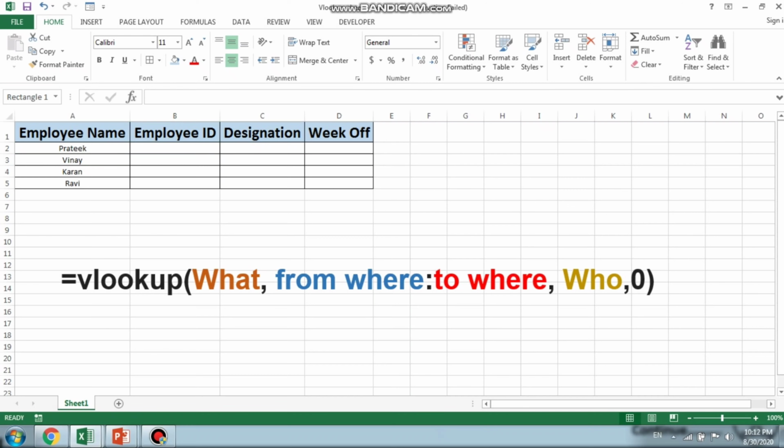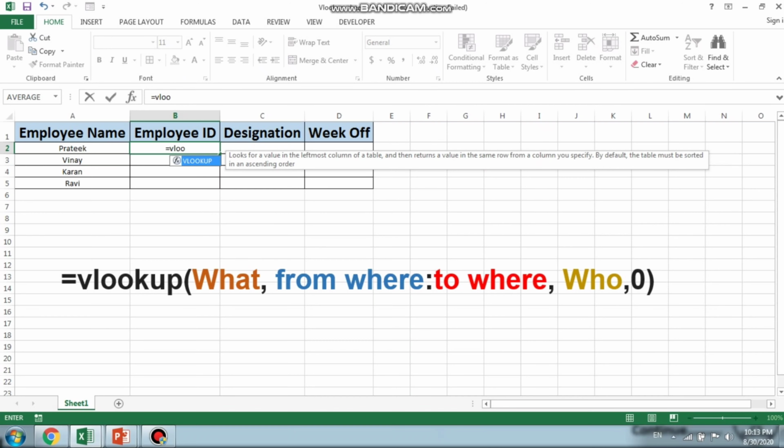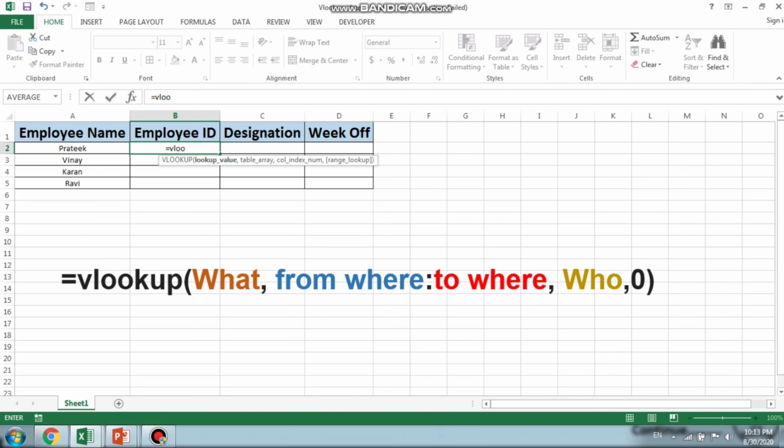Let's use this formula which I have pasted here and just see what result we are getting. So the formula here is equal to, so we need to type equal to VLOOKUP. If you type two letters, it will automatically give you the formula. Just press tab. After pressing tab, the formula itself says what we need to search. We need to search the employee name. Then it is asking us to place a comma. Okay, fine, comma. From where to where.